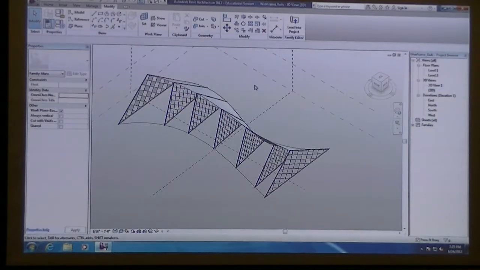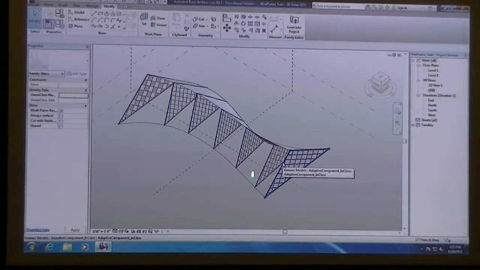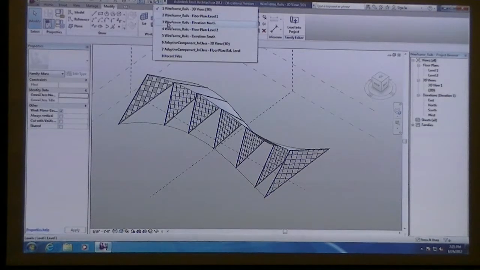So you can just save that and experiment with how to deal with this. We're going to dive into the adaptive component and the surface making a little bit later. But the reason I brought this up is I wanted to show you some more of the possibilities, but also if you're having trouble lofting your curves, this may be a good workaround.